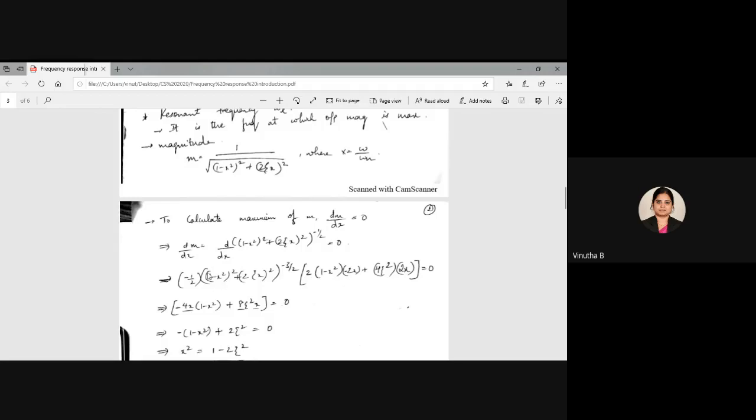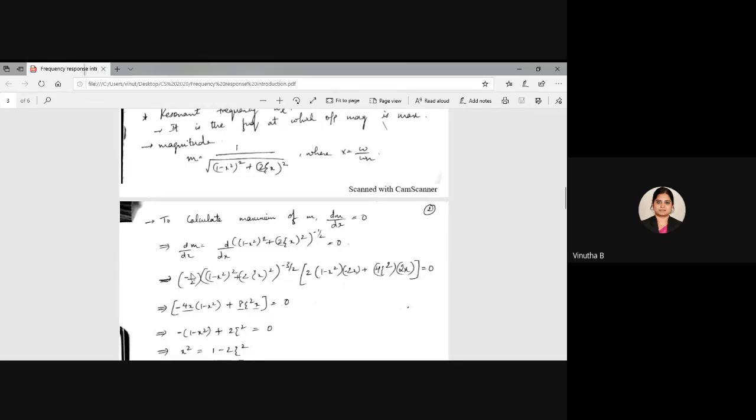So when you differentiate this term, so it is 2 times 1 minus x square into differentiation of this 1 minus x square, 1 will be 0 and minus 2x, so that I have written down, plus this will be 4 zeta x the whole square. Again you differentiate this inside part, this is a constant, you will be left with only 2x, which is equal to 0, correct? Now then what you have to do is, now see here, so there are two terms, one is this term and the other one is this term.